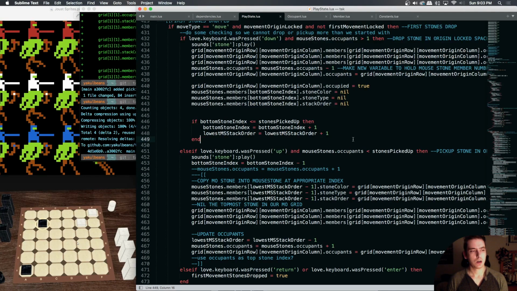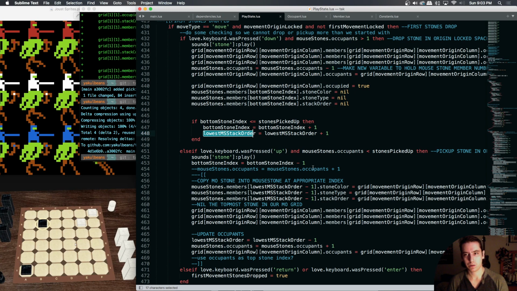So when we pick up less than 6 occupants, our bottom stone index is 1, because that is the index 1, the bottom of it, the lowest stone. But then we had a lowest mouse stone stack order, and we're not actually doing anything different with these things,